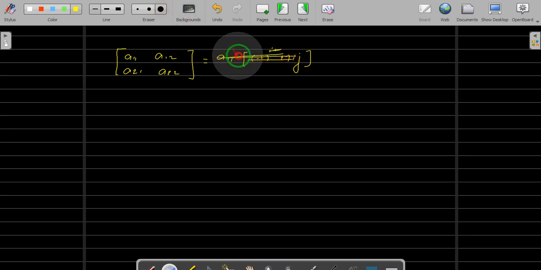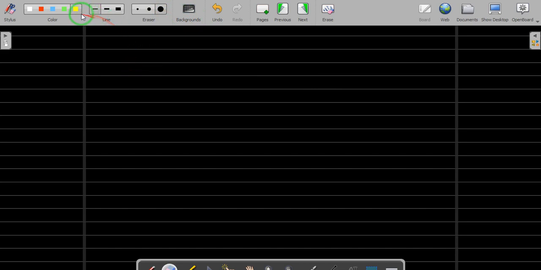For simplicity let me go for 3 by 3, that will be easy to understand. Let us take this, say A11, A12, A13, second row A21, A22 and A23, and third row A31, A32 and A33.